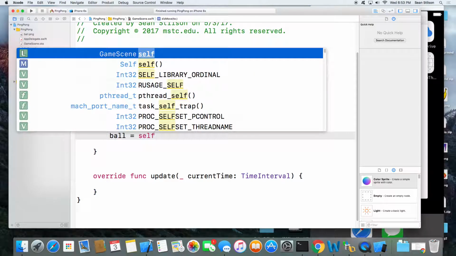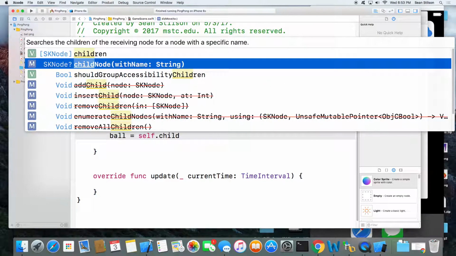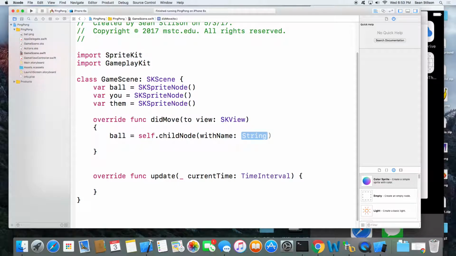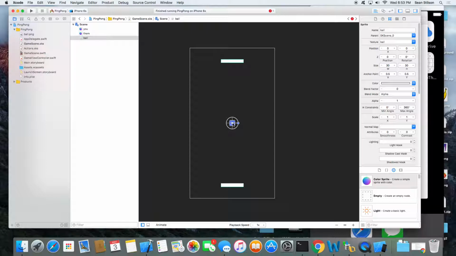and we're going to call a method called childNode, self.childNode(withName:). And the name we can just reference directly from our scene that we created. So we have ball. Make sure these are not capitalized because it does matter. I think I made them all lowercase. Yeah, they're all lowercase.